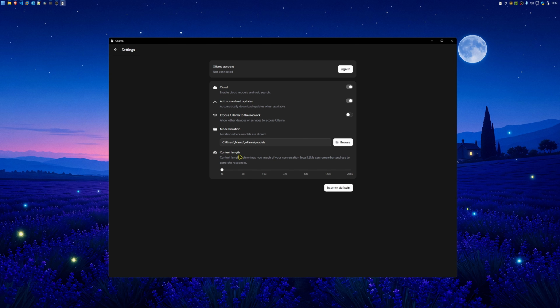And out of the box on most graphics cards, Ollama sets this to just 4K. That's about 4,000 tokens, which fills up really quickly. So the moment you paste in a big document or your chat runs a bit long, the model literally can't see the beginning of the conversation anymore, and it starts forgetting what you told it. And this is exactly why so many people try local AI, decide the model is broken or stupid, and then just give up, when the model was never the problem in the first place.